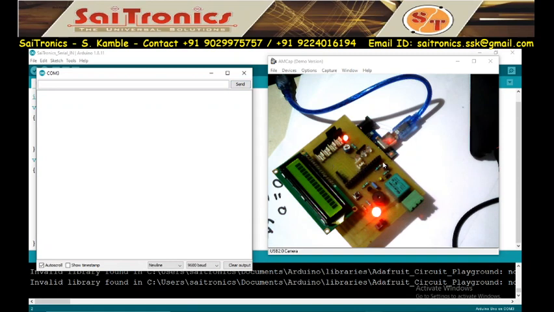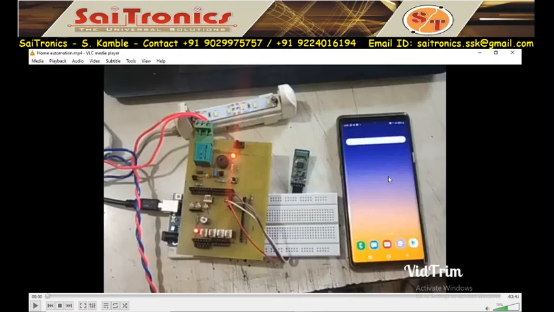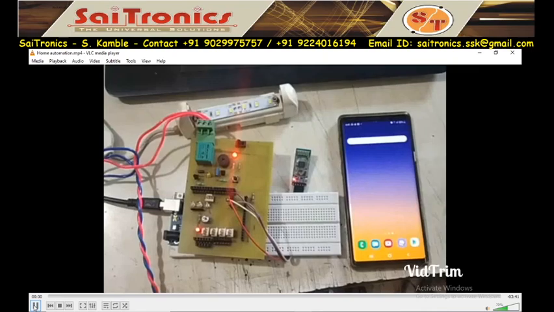Now we will see a video in which we will operate this using Bluetooth and mobile. So this is our system. We are using this mobile. This is my Bluetooth. 4 pins are connected: VCC, ground, RX, TX. This is my relay. At this relay, you have connected a lamp. One wire is connected here, and this is my lamp. So we'll see the demonstration.